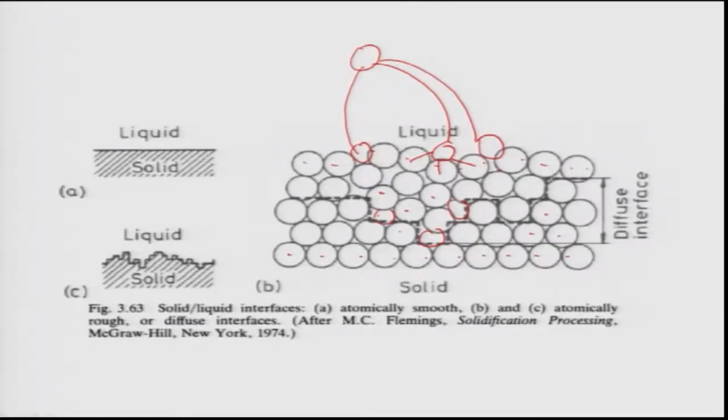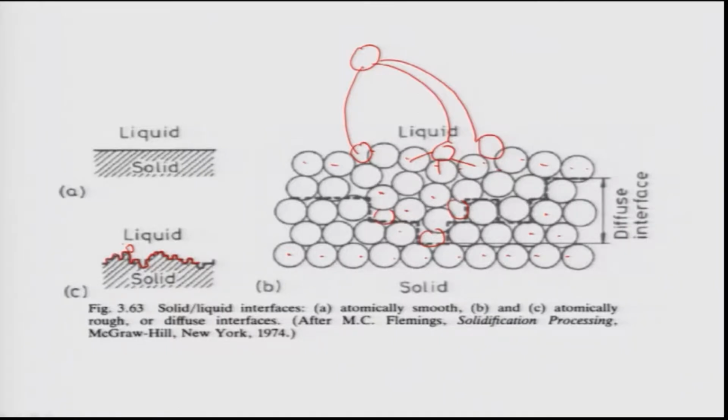So what is the meaning of that? If you carefully look, the surface is basically faceted. It's no longer rough, but faceted. When a surface is faceted, obviously atoms cannot sit on every position, because if an atom sits here, it only satisfies one bond, and the rest of the bonds remain dangling. So energetically that is not